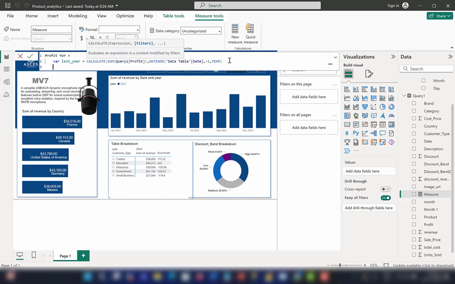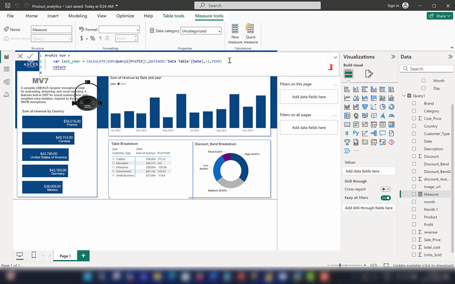Now we need to do year on year. So we have last year. So the calculation for year on year percentage is current, right? So we have our sum, but we want to return that, sorry. So return sum. And did I close this off? Oh, need to close that off. So there we go. We want to return the current sum of profit